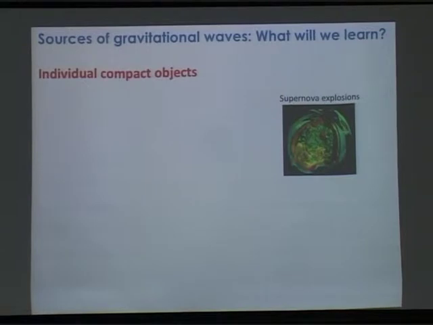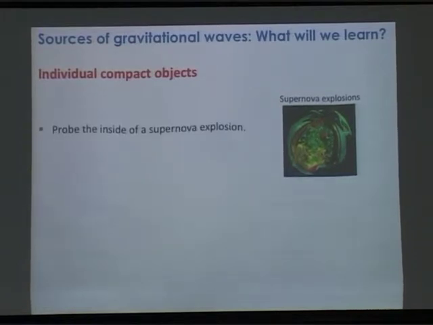So there's another class of objects which we're interested in with gravitational wave astronomy, which I'm basically not going to talk about in this talk at all, except to just mention them briefly now. We could potentially observe supernova explosions, which will allow us to probe the details of the explosion mechanism and also infer information about what's the equation of state of nuclear matter.